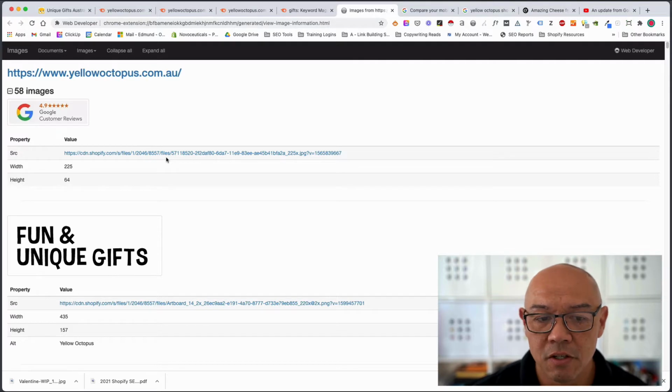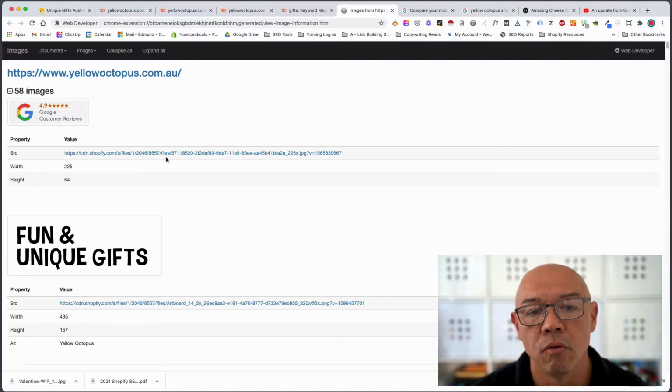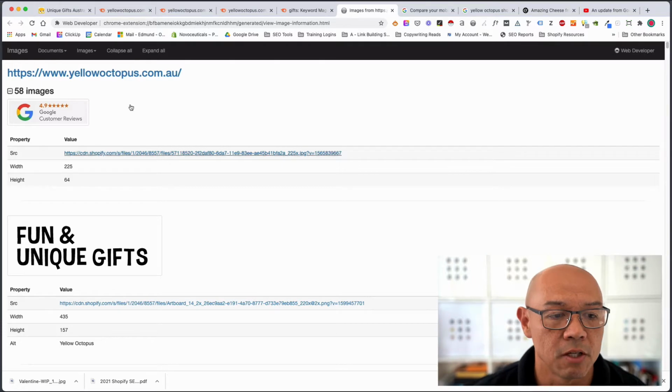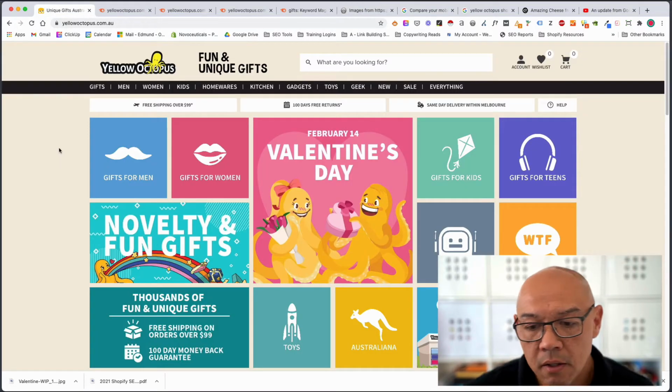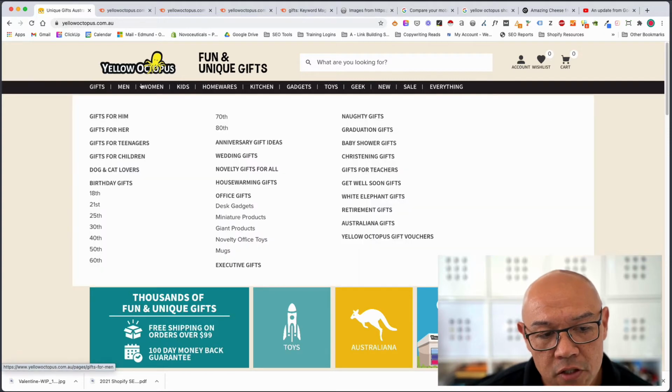All of these images are compressed. They are not massive. They load quite quickly. They've taken the time to go through and resize the images correctly and compress them as much as possible. That's a good thing. What's great about this site is that if you look at the collections that they've created